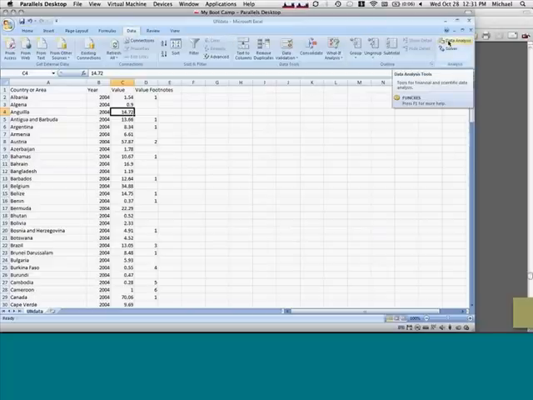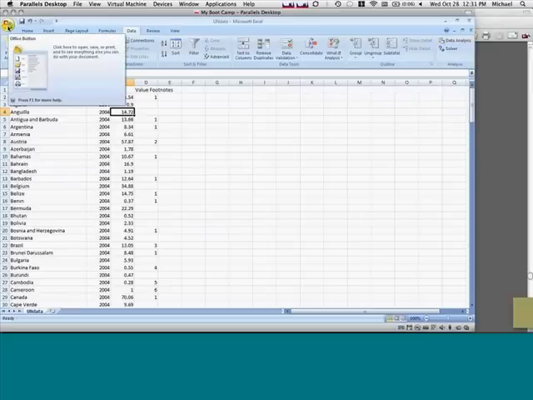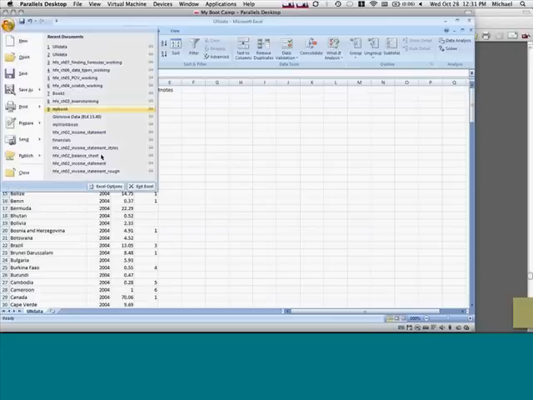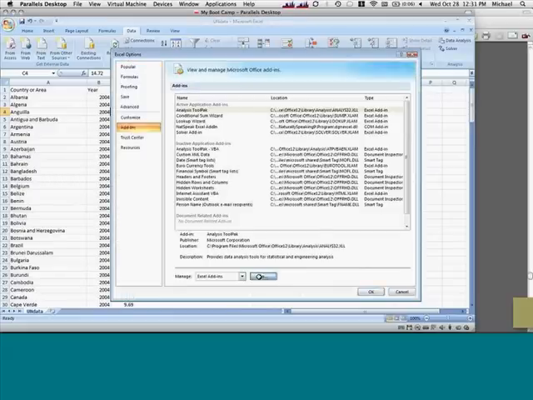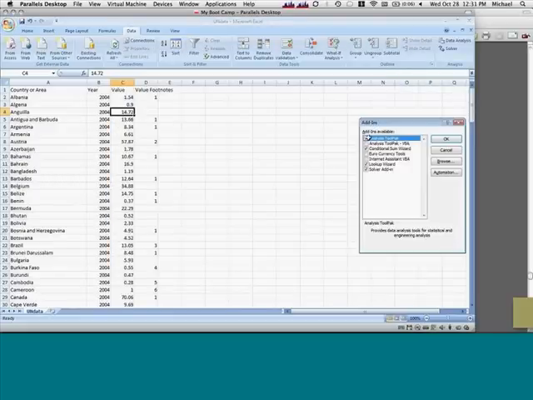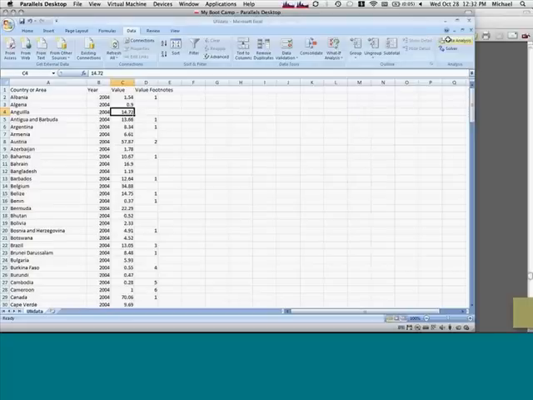Now, there's a chance, I think it's a small chance, but there is a chance that you won't see this. If you don't see Data Analysis as an option there, go to the Office button, click on Excel Options, go to Add-ins. You want the Data Analysis add-in, and then click Go down here, and it will give you the Analysis Tool Pack checkbox, and you can make sure that you have the Analysis Tool Pack. But we do, and I don't think you need to use your installer disk or anything. I think it's pretty easy to crank up.